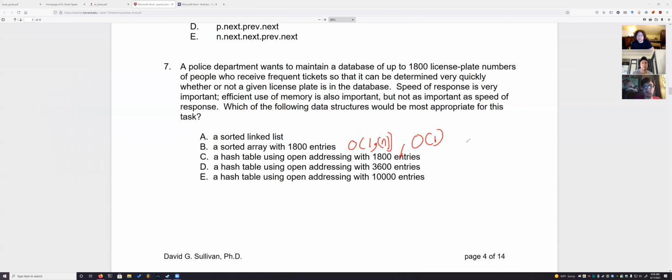By the way, if we cared about space more than we did about anything else, this would be the winner by far. But here we're looking for speed. A hash table using open addressing with 1,800 entries. Now that seems like you'd be using constant time, but you're not really, because if you've got 1,800 entries and you're going to store 1,800 numbers in there,